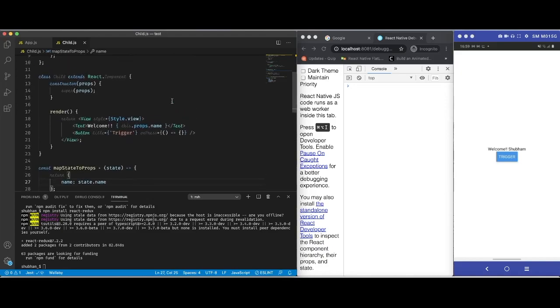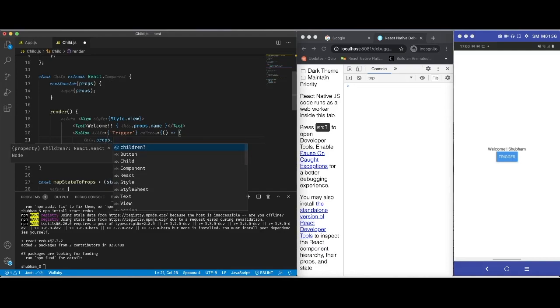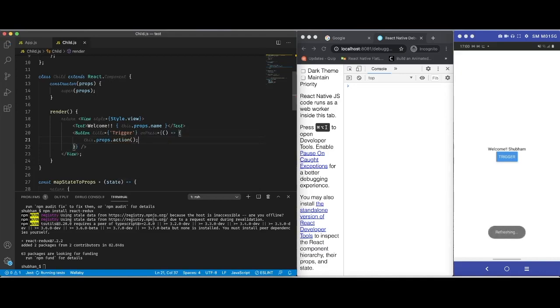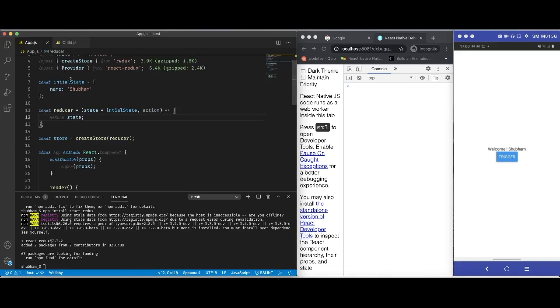So let us use it. We have the button ready and we have a function written in this component for this button. So we will use this and make a trigger to the action. By this way, we are going to trigger the action on the reducer. Now that we have mentioned that we have a type in the action, we will have to make these changes inside the reducer. So let us make that change.